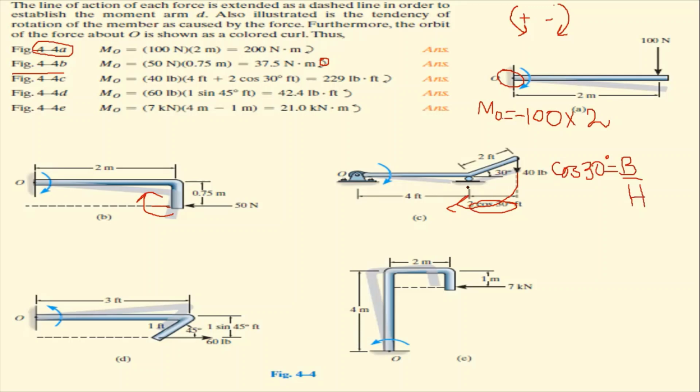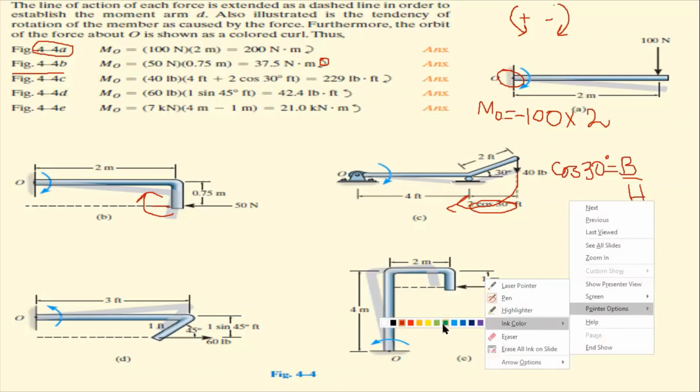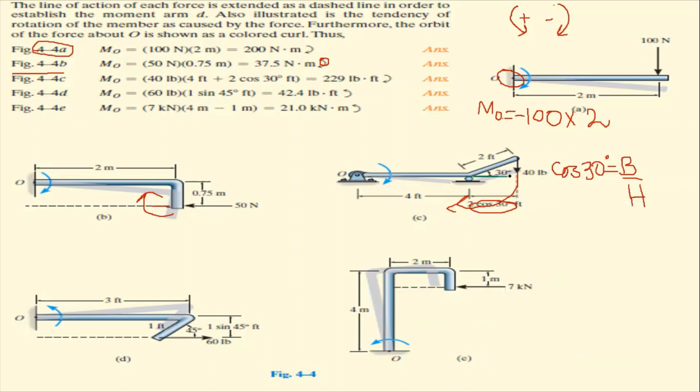Let me discuss. Wherever the angle is attached to it, let me show it with the pointer options. So I'm taking it, for example, green color. I think it is not so much visible, but you can see this triangle. So you need to know this length. So if you know this length, so you can multiply with this length. So what you have to do, you must know this length. How can you find it out, this horizontal length?